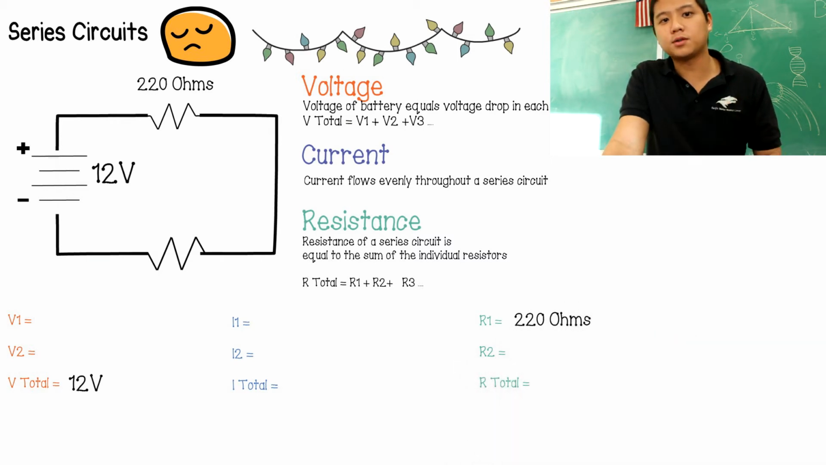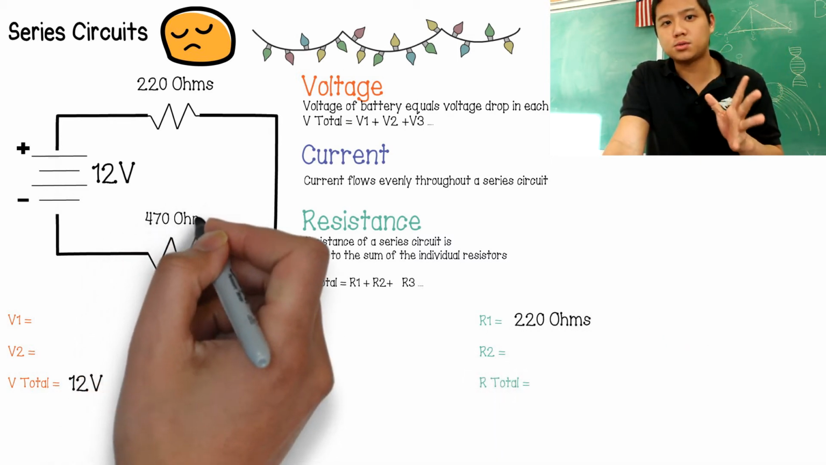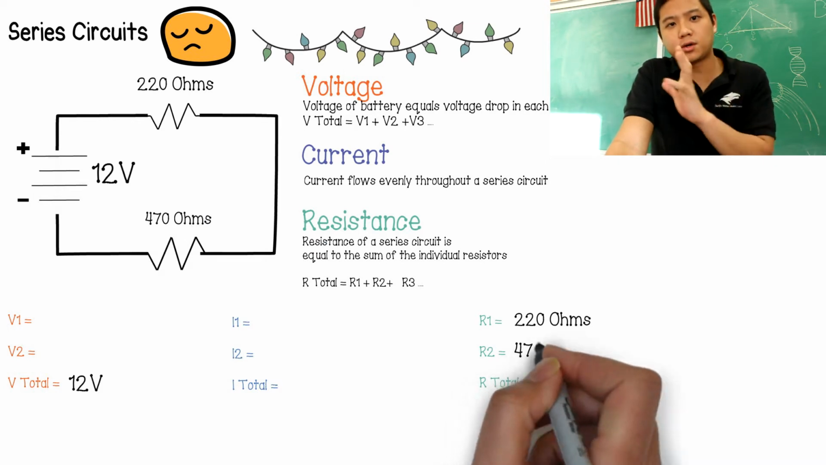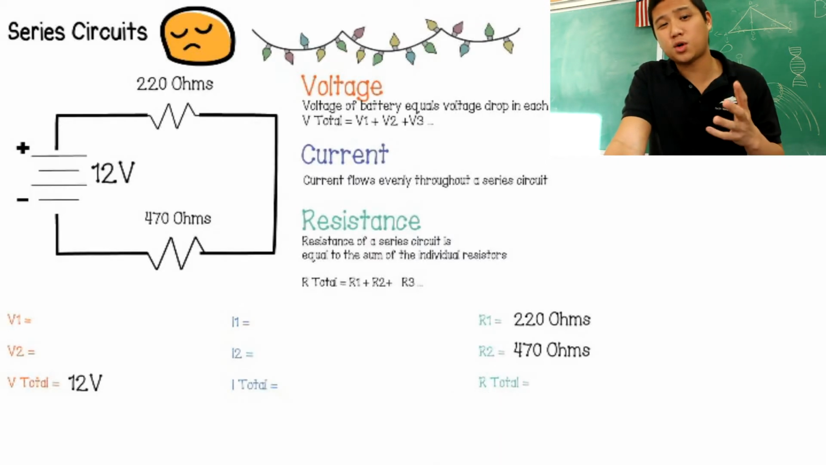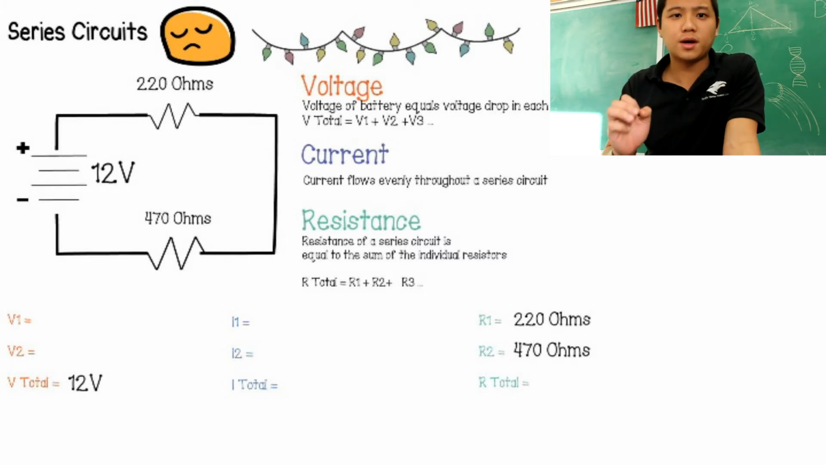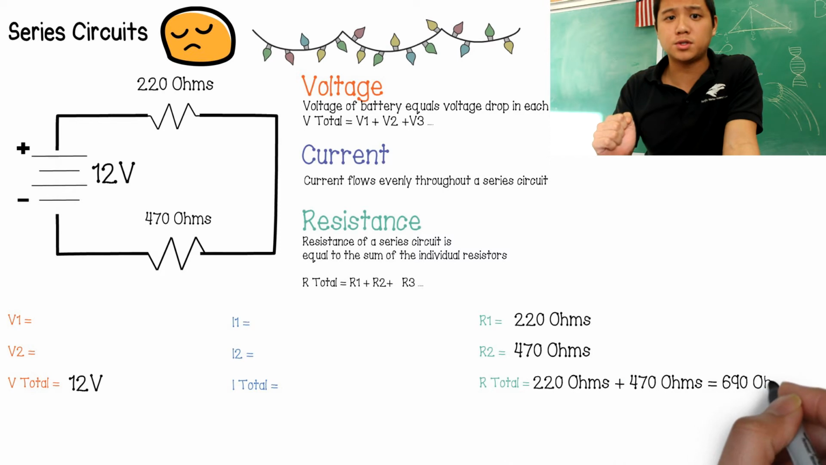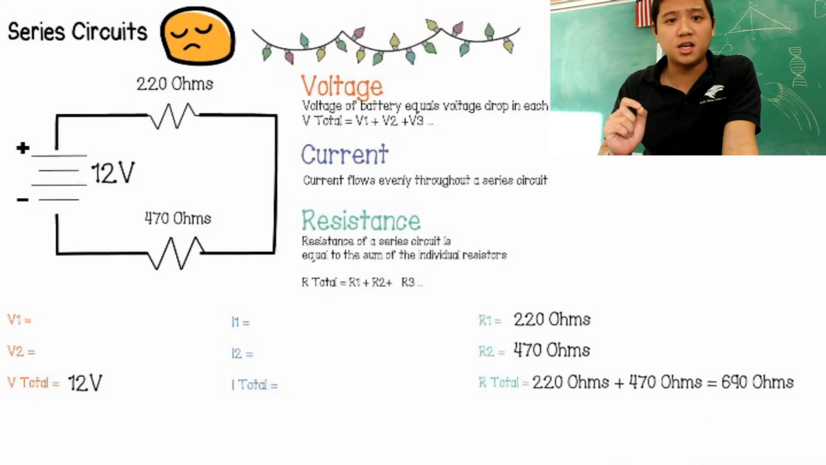And we want to figure out what is the voltage across each resistor, what is the current across each resistor, and the total current, and what is the total resistance. We can figure out the total resistance because the total resistance is equal to the sum of each individual resistor. So we can add up the 220 ohm resistor and the 470 ohm resistor to get us 690 ohms for our total